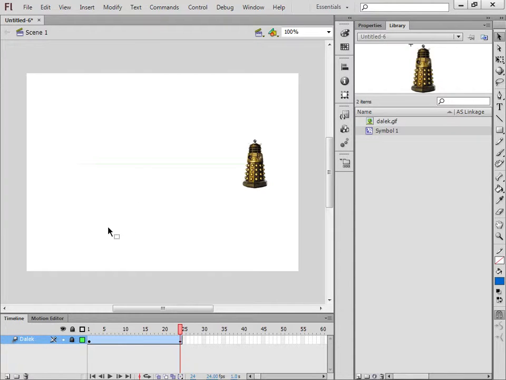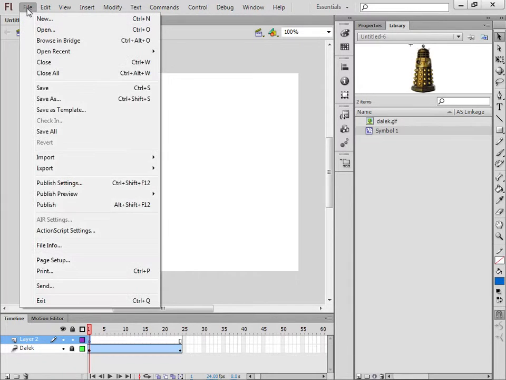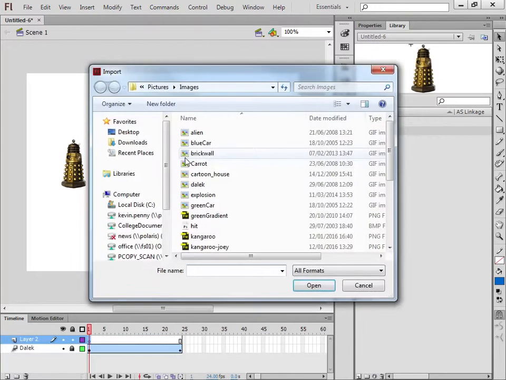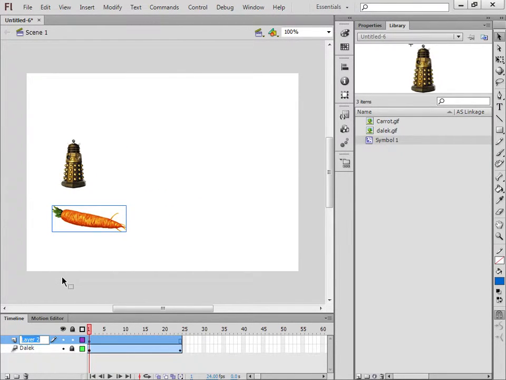Okay, so to add another animated character, there's a tiny little icon in the bottom left corner there, and if we click that, it creates a new layer. Okay, so I can now, with that layer active, import another picture. Let's go for a carrot, put it where I want it to go. Okay, I can rename this layer as well, carrot,